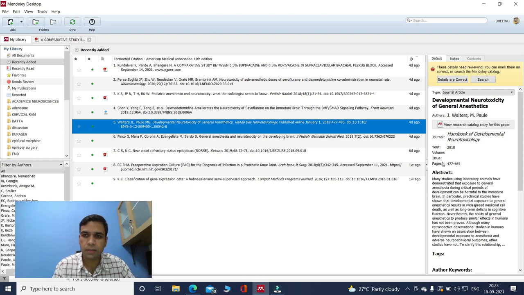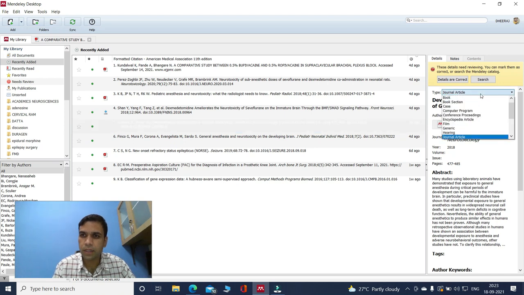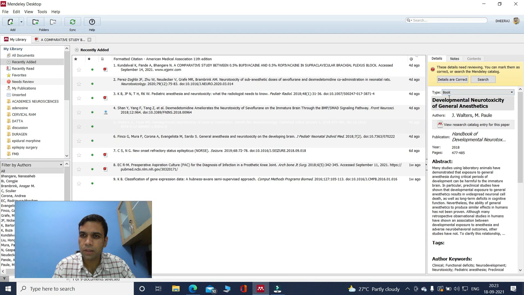So when you're quoting textbook chapters, you have to go to this part of the area and click on the book. When you click on the book, it will go directly to the separate formatting for textbooks. So when you're quoting a textbook chapter, you will just have to quote the name of the textbook, authors, publication year and page numbers. So this is how you need to change based on the type of the reference that you are using. If you are using a journal article, it is different. If you are using a book, it is different. If you are using a computer program or a conference proceeding, everything has a different method.